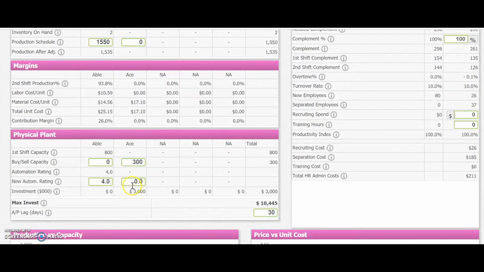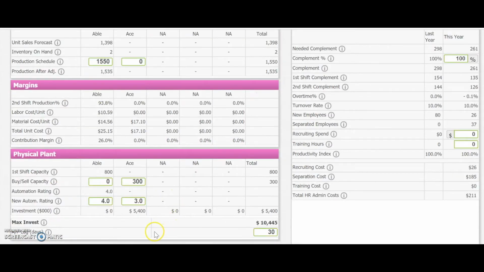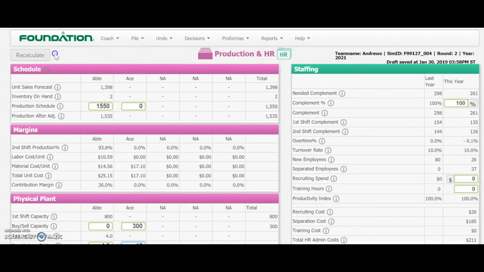Don't forget, after you buy your capacity, please buy automation. We always recommend buying 3. So let's go ahead and put that in and recalculate. So after we press recalculate, it's going to tell us the investment cost down here, which you can see is 5,400. Now, if we were to try and put 10 for the automation and then press recalculate,